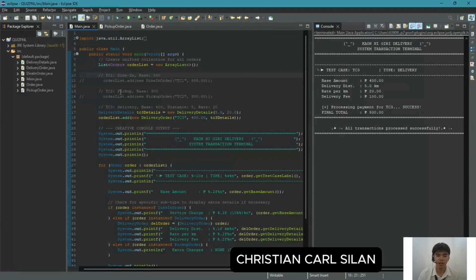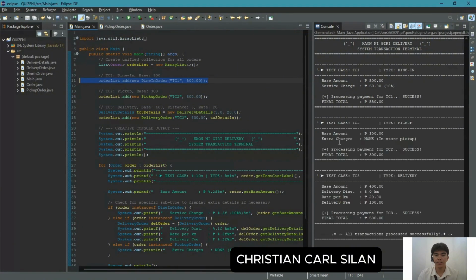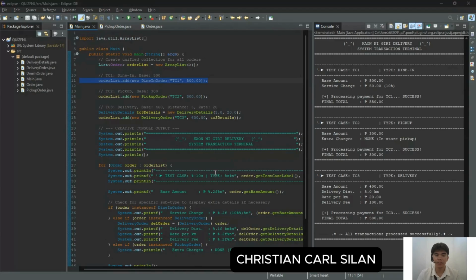Next, let's try to run the TC1 to TC3. So let's uncomment this, and the TC2, and the TC1. This is the output for the TC1, TC2, and TC3.